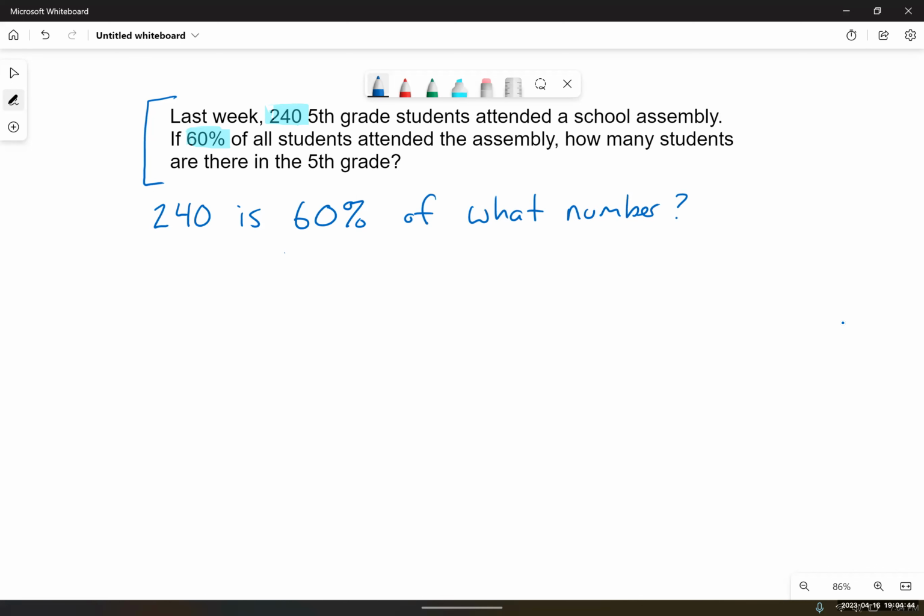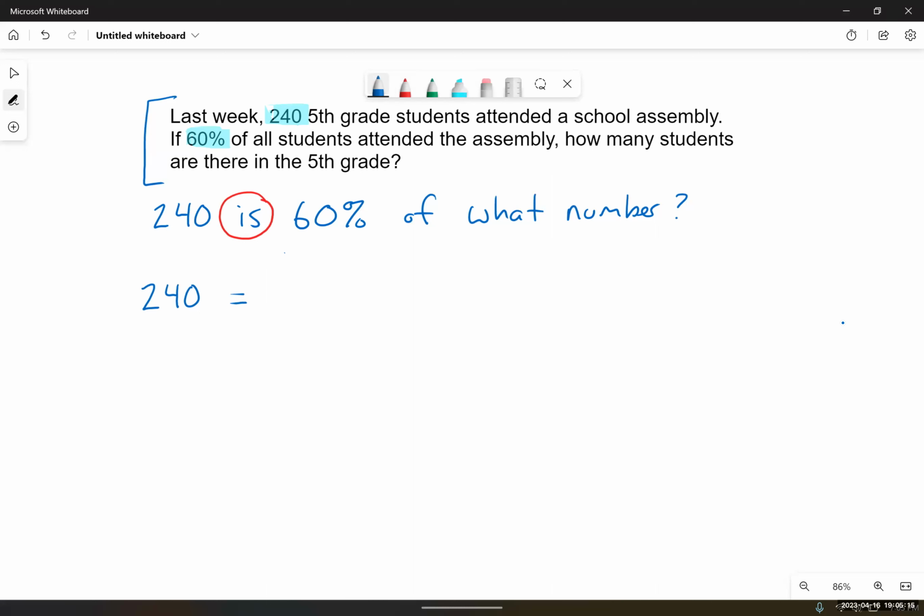240 is the part. The unknown here, what number? We'll give that a symbol. Let's call that X. You could call it anything you want, any letter you want. It's an algebraic equation, so we need an equal sign, and our equal sign is right there. The word is. So 240 is, that's 240 equals